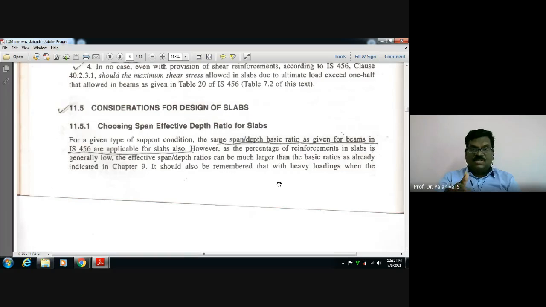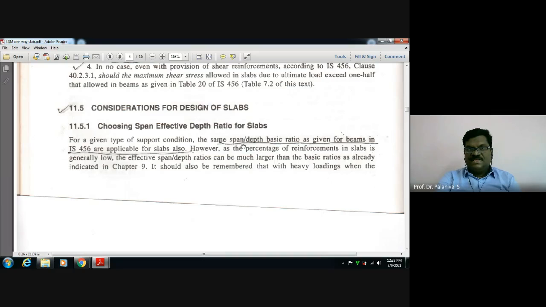First we followed the thumb rule, the empirical formula, span to effective depth ratio. That is called thumb rule. We started with the thumb rule. Later we did a pukka check for it. We computed the bending moment, and then M equal to 0.138 fck bd square. From this you check whether the d required is okay with the d provided or not. The depth required you compute at a later stage. This way we have done the check. The same procedure we are going to follow here.